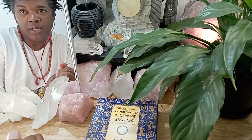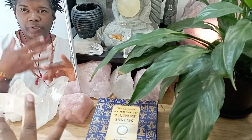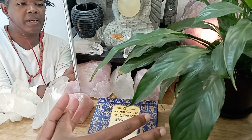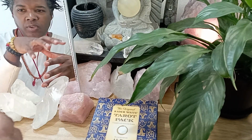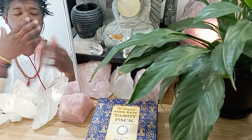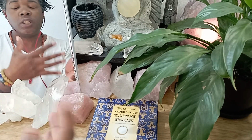Alright, hey everybody, I've been wanting to do this one for a while. I'm going to give you three keywords, phrases, descriptions that you can use for each tarot card in the deck. When you do a reading, it's very nice in the beginning not to try to remember everything, because it becomes very, very overwhelming when you try to remember everything right from the start. So I'm going to give you some keywords, and you roll with those three, and then you can actually build